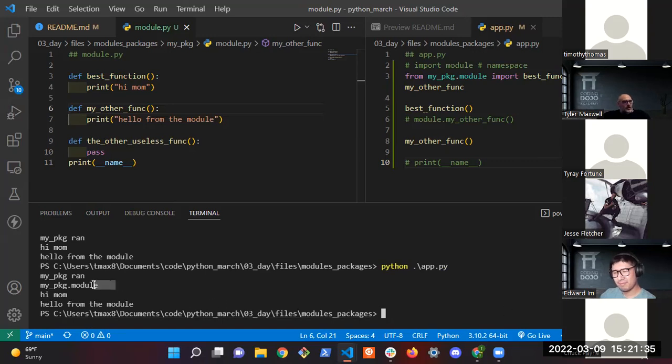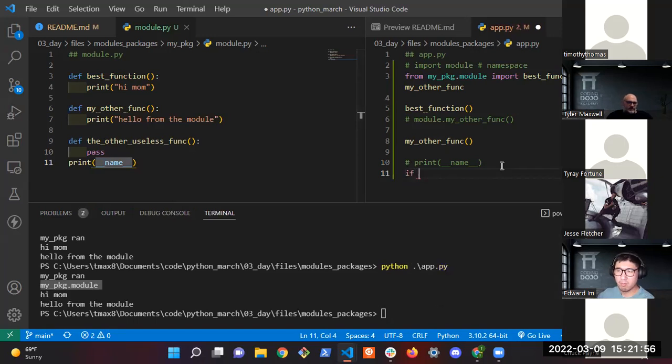So when a file is run indirectly as a module, it takes on the name of the module. So it's mypackage.module. That's the dunder name. Okay, so we're going to often see things like, and actually we'll see it every day when we get to Flask, it'll say if __name__ equals __main__,